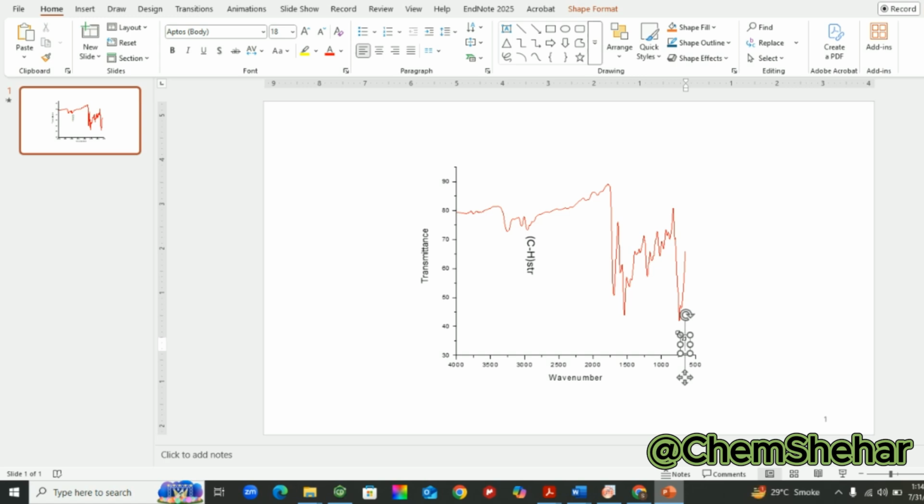So it's better to write the carbon halogen functional group here. Should be small